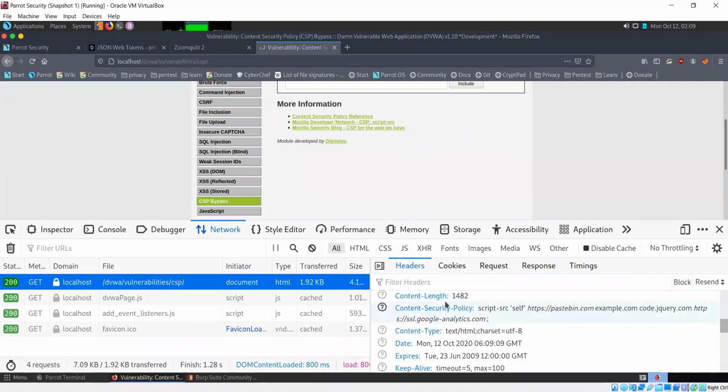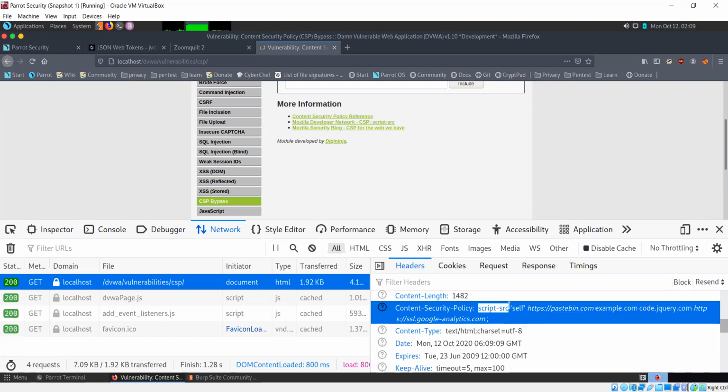So content security policy is a response header, and in this case it says script-src. script-src defines all the different sources which the web page can use to load scripts from, different domains basically. So the first mentioned here is self. Self means it can load scripts from its own domain.